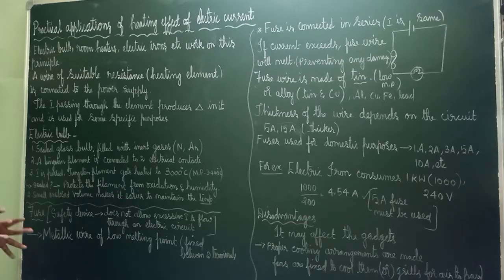But what about the heat? The bulb is sealed. What is the reason for sealing the bulb? It protects the filament from oxidation and humidity. The second thing is, it is a small enclosed volume, which makes it easier to maintain the temperature. Otherwise, because of the heat, the filament may melt. So these are the two uses. First one is the electric bulb. Just go through it, it is there in the book. If you have any doubts, we can discuss it later.